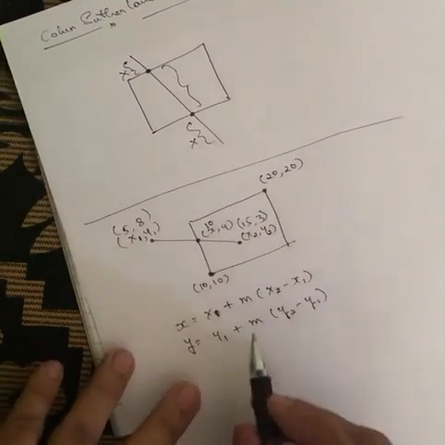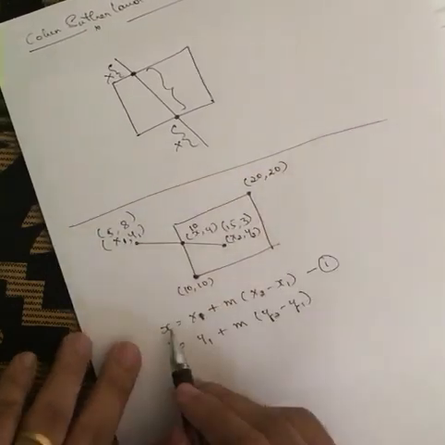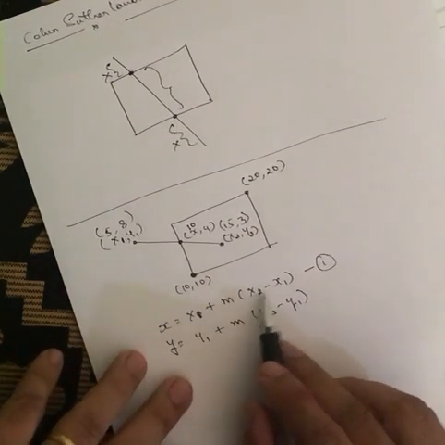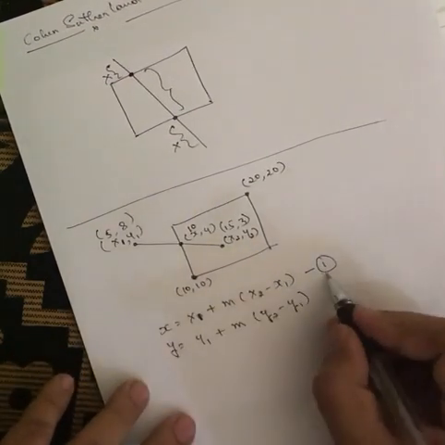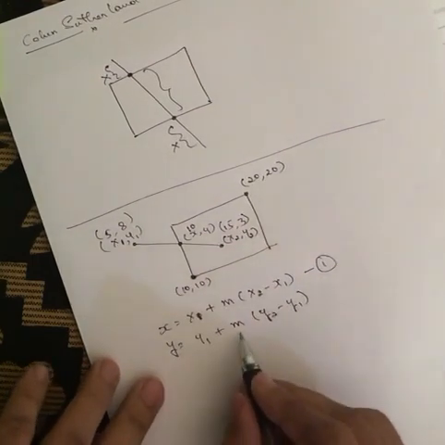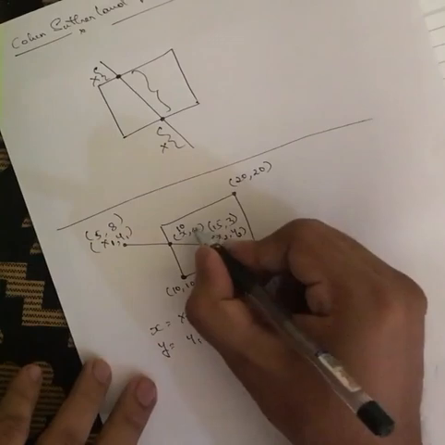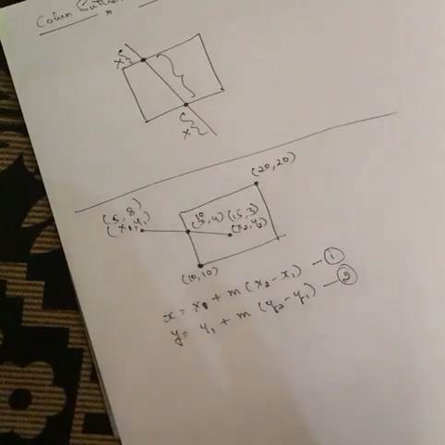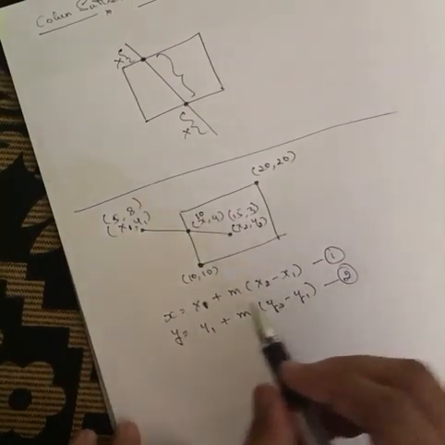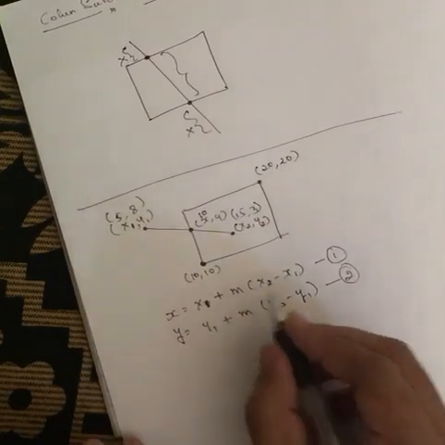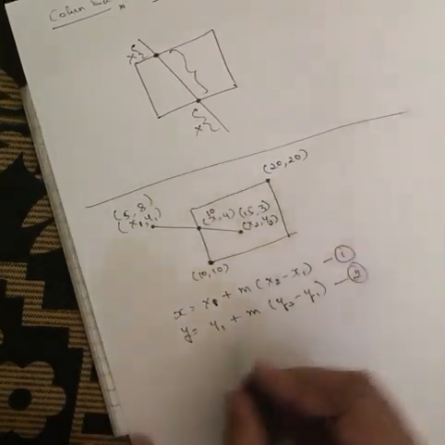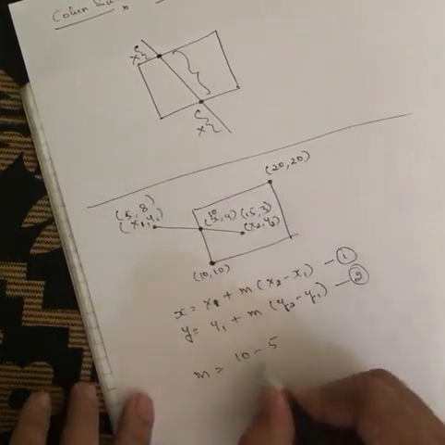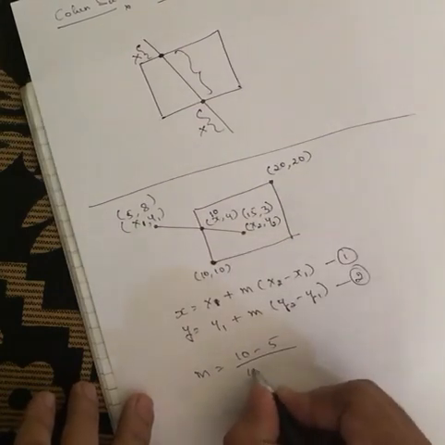So how to find y? In equation number 1, put the value for x, which is 10, and x1 is 5, and you have to calculate m, using x2 and y2. So you calculate m in equation 1 and substitute m in equation 2, so that you can get the y value, the y intersection. This is how you can calculate the intersection. But you have to remember this every time. To calculate y, first you calculate m in equation 1, where x is 10 minus 5 divided by x2, which is 15 minus 5.